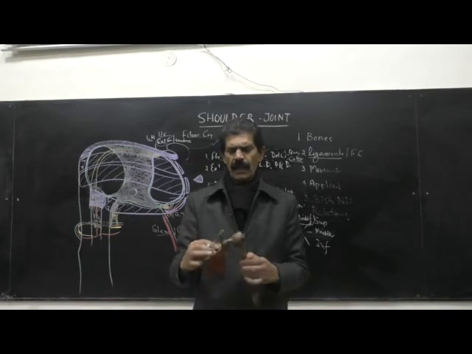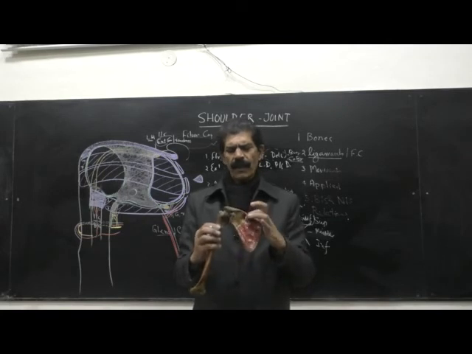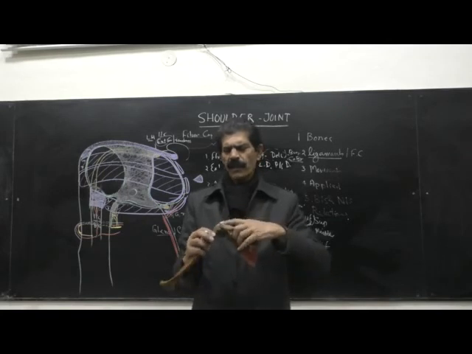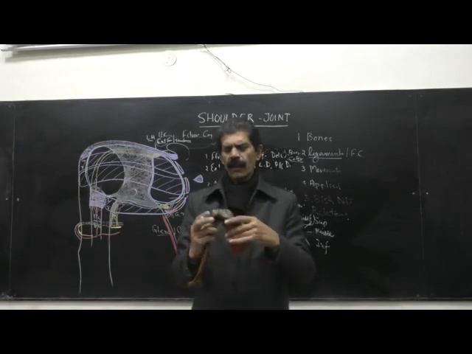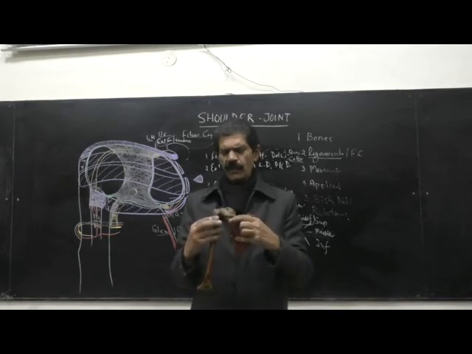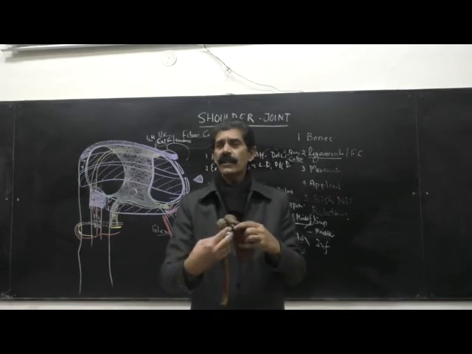because they all attach to the posterior part of the scapula, and the supraspinatus is inserted here on the greater tubercle, infraspinatus and teres minor from here. So they are all attached to the greater tubercle, SIT. When they contract posteriorly, the humerus will be rotated laterally. So they are called the lateral rotators of the